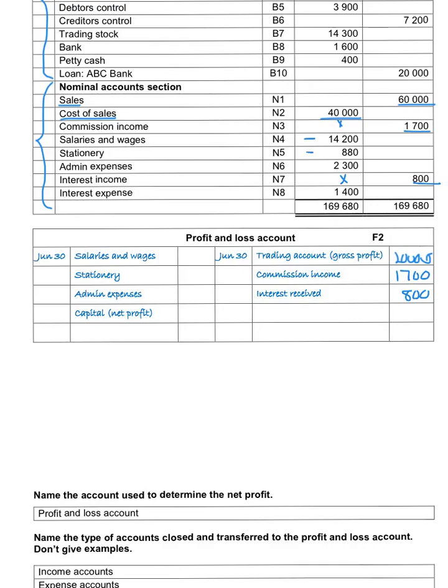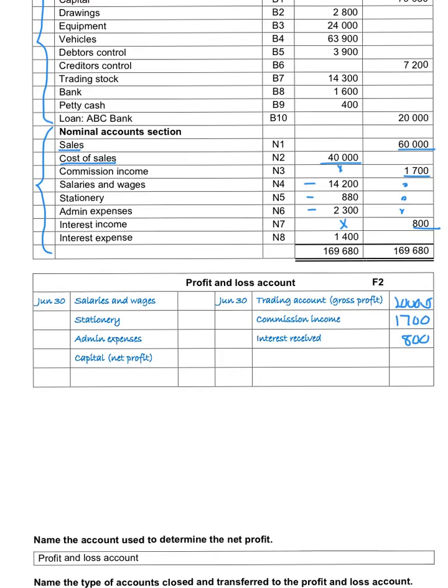Expenses always have debit balances, so to close it, we will have to credit the expense accounts and then we will debit the profit and loss account. The profit will be reduced with the expenses, and we will show that the salaries is 14,200, stationery 880, and admin expenses 2,300. So we will add up the credit side to determine that it's